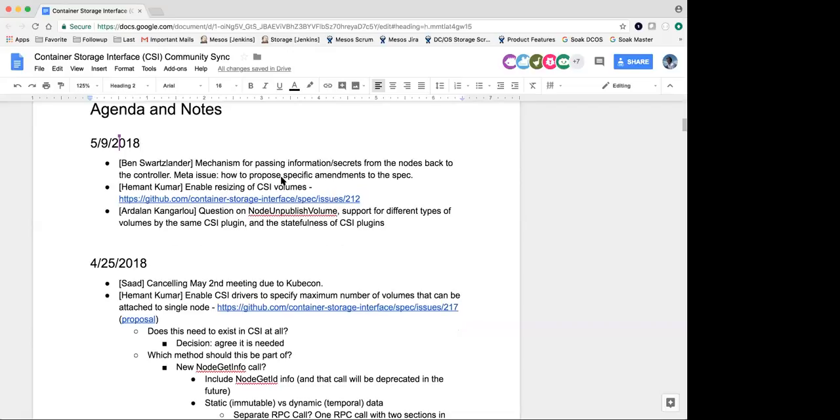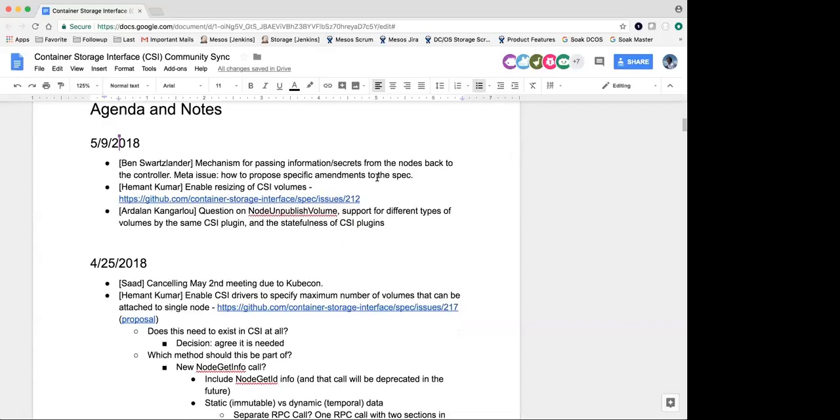Yeah, well, this wasn't a leftover item. This is one that I added, but if you wanted to cover it first, that's fine. So I'm kind of new to this group. I recently read the spec. I'm from NetApp, and so I'm sort of familiar with what's going on in the NetApp implementation. So what I'm trying to figure out is